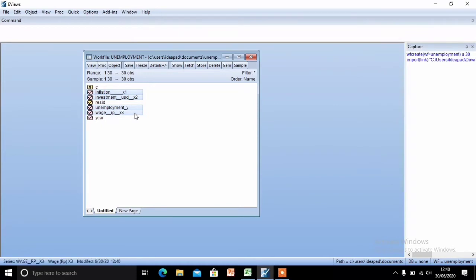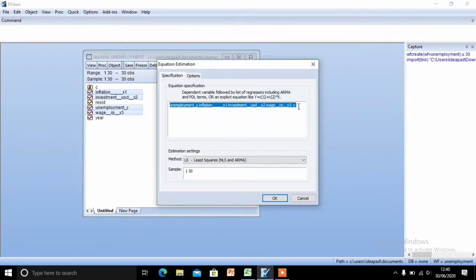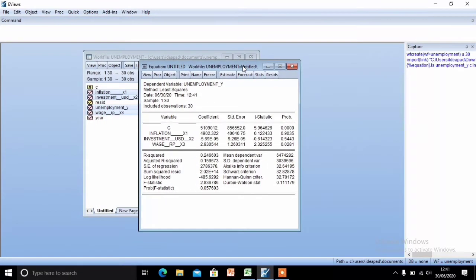After that, right-click with your mouse and click open as equation. Then you need to move the C between unemployment and inflation. Click OK. So this is the result of your regression.